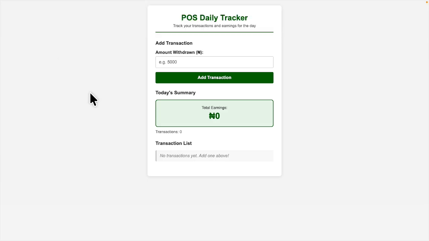All right, so this is what we've built. It's a POS Daily Tracker. What happens is that it allows a POS operator to add transactions here, and in the end, see what they've earned. For example, if someone comes to withdraw 5,000 naira,